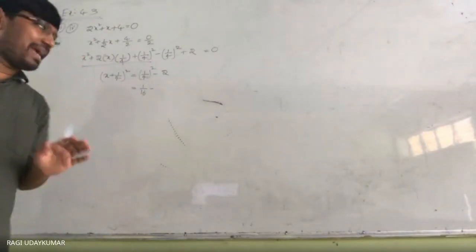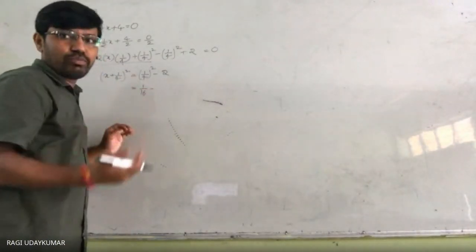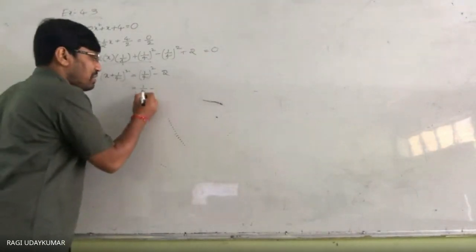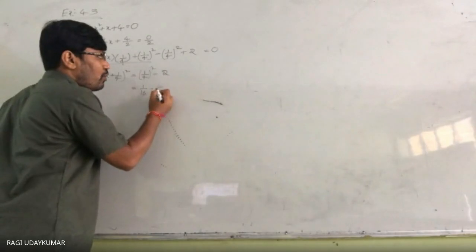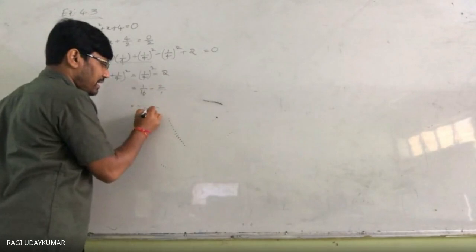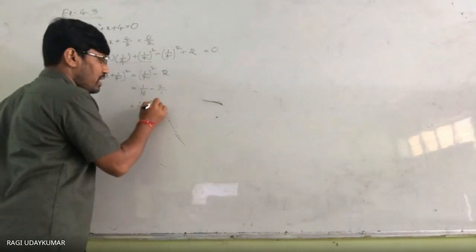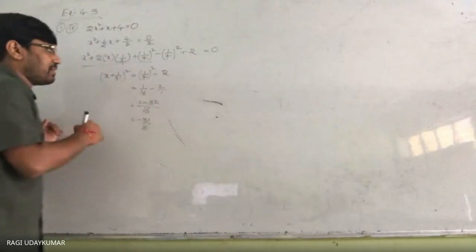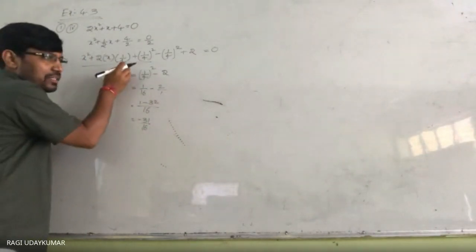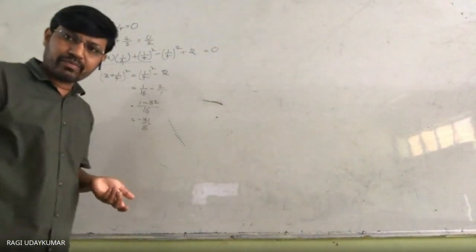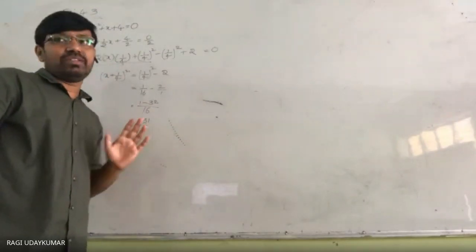But here why I am saying to you that one, वो मैं क्यों बोल रहा हूँ एक बार सुनो भैया, then after it is an easy task for you. 1 by 16 है minus 4, sorry 2 है, 2 by 1. So when you take here 16, 1 minus 32 you are going to get minus 31 by 16. This is not at all a perfect square. See here, किसी नंबर का स्क्वायर कर लिया तो नेगेटिव आना, is it possible? No, not possible, sir. So that's why roots does not exist in this equation.